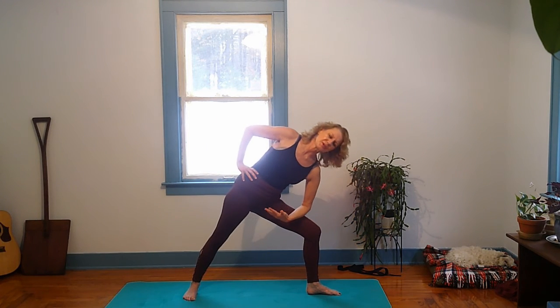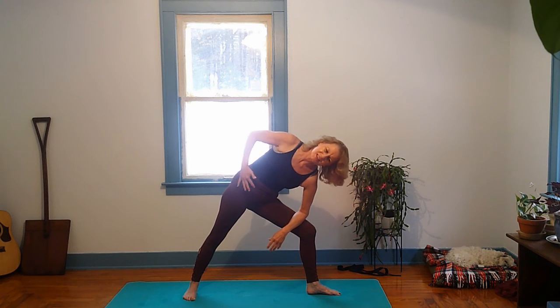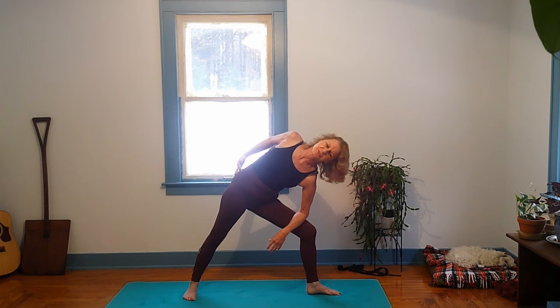Relax here. And now, that arm is getting heavy and tired in the back. I'm going to just put it on my hip and exhale my arm to my leg and just plant it there. Now, since my back hand is right by my hip, touch your hip bone here and just gently guide it back. The movement is going to be small, very, very small, but you know you did what you